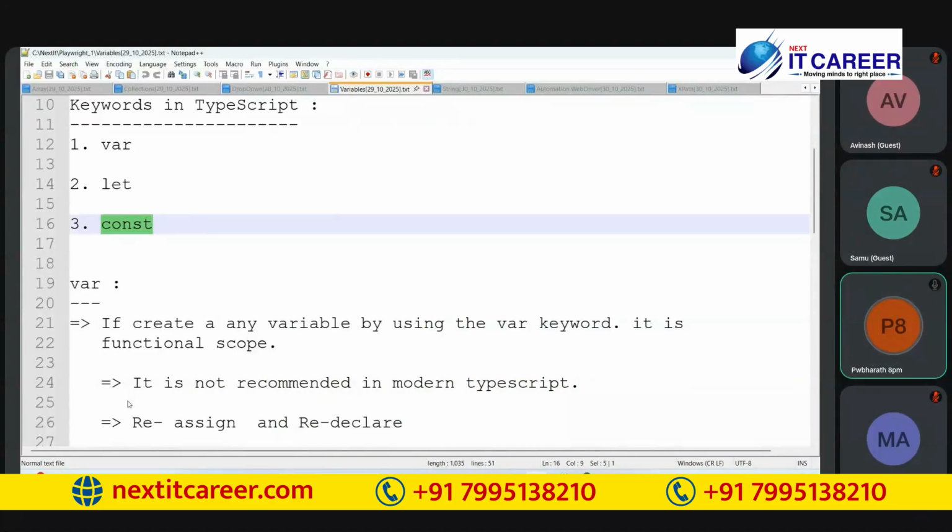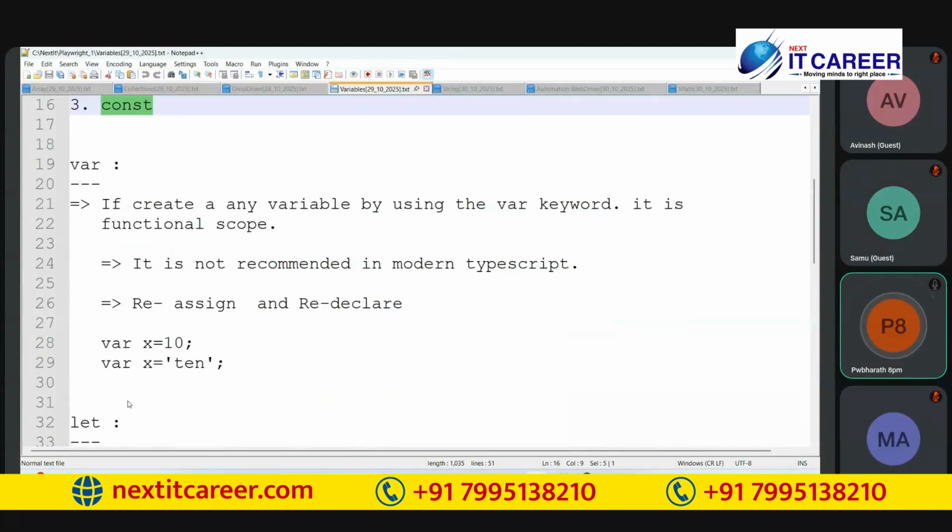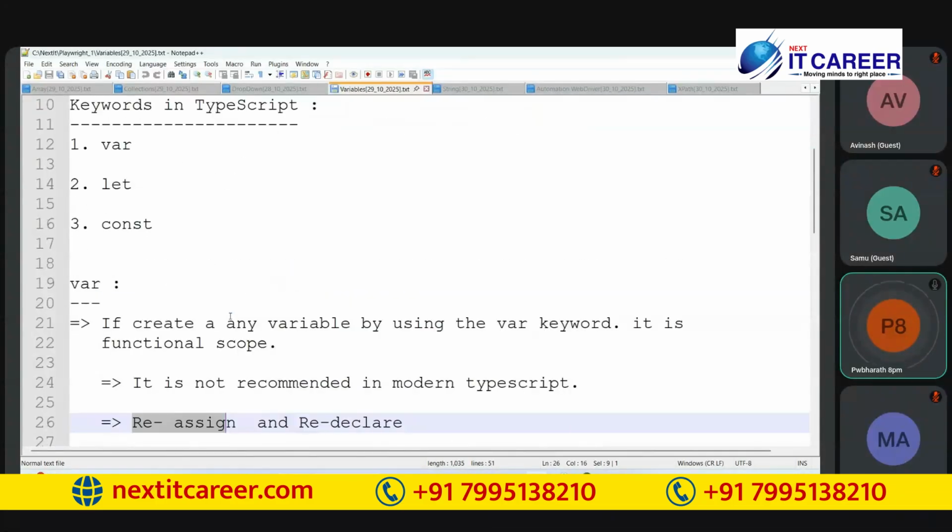It is a function-scoped variable, so inside the function we can access it in any block. But the var keyword is not recommended in modern TypeScript because it accepts reassigning the data and redeclaring the variable, which leads to a lot of compile-time errors.